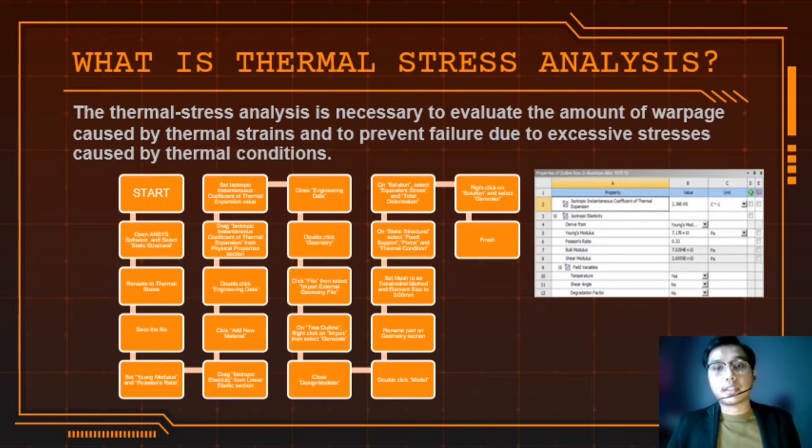Today I would like to present about thermal stress analysis. What is thermal stress analysis? Thermal stress analysis is necessary to evaluate the amount of warpage caused by thermal strain and to prevent failure due to excessive stresses caused by thermal conditions. As we can see, this is the flow chart for us to create the thermal